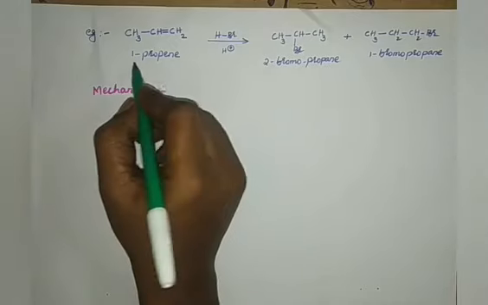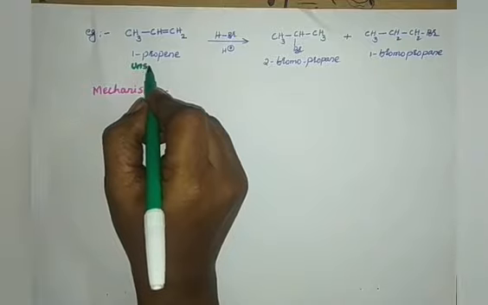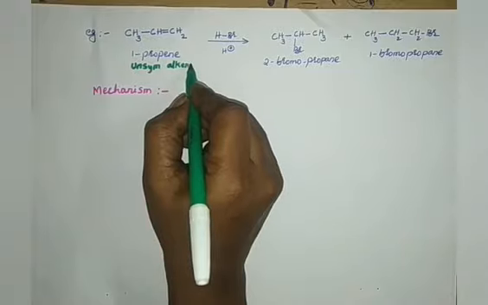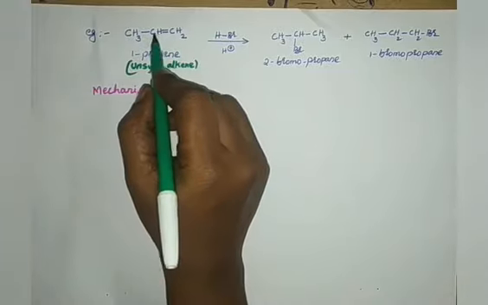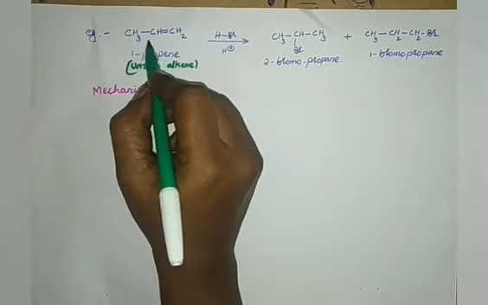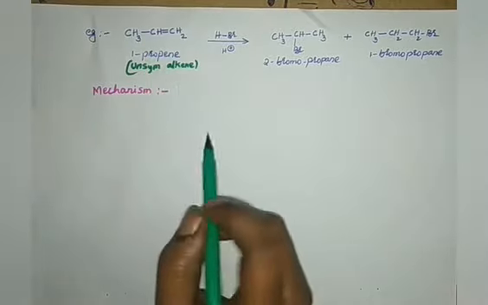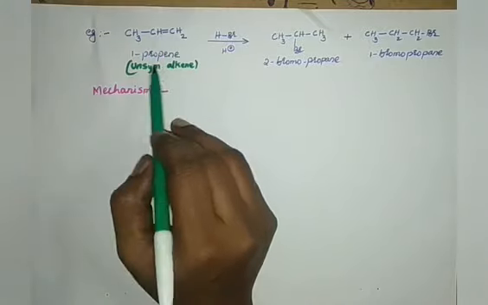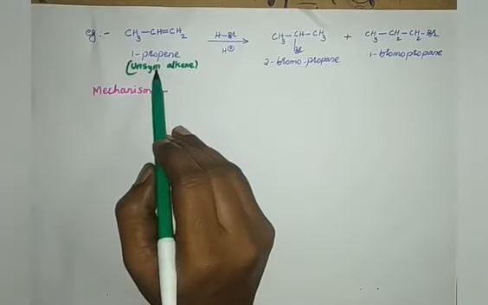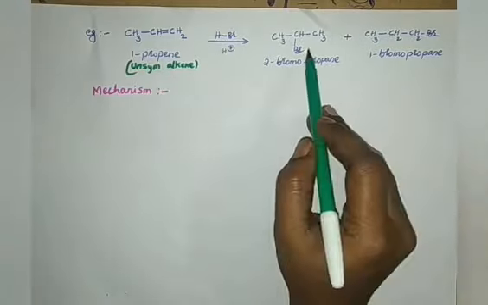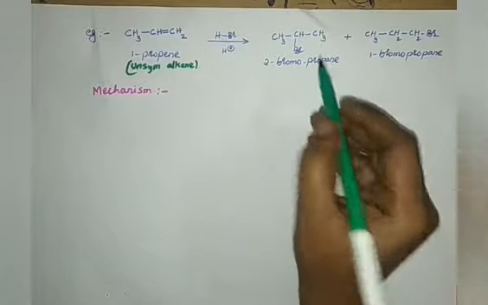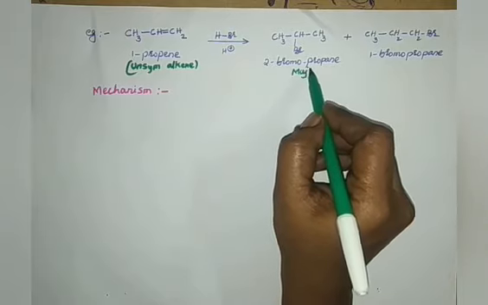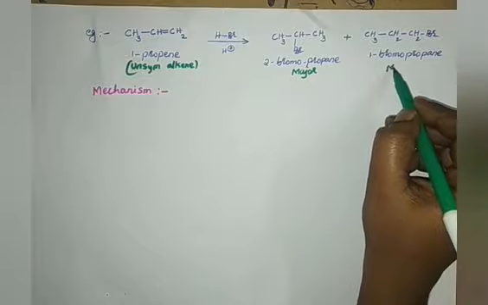So for this unsymmetrical alkene, unsymmetrical means the olefinic carbons have different numbers of hydrogens or groups of atoms attached to them. Therefore, here at the olefinic carbon, if you see, 2 hydrogens, here 1. Therefore, this is called your unsymmetrical alkene. When an unsymmetrical alkene reacts with HBr, it forms 2 different products in different quantity. One is formed as the major and one as the minor, less quantity.